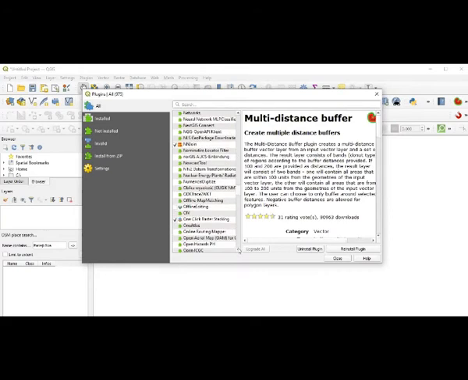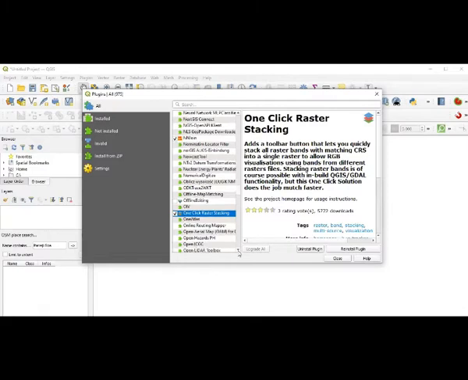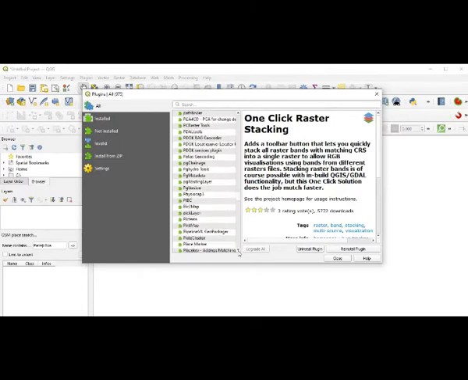These are what will be supporting sub-software for going ahead with your QGIS activities. So NNJoin is there, that is nearest neighbor analysis. For that purpose, I have used it. Then One Click Raster Stacking is there. There are actually the latest and well-developed plugins there, which you are supposed to go ahead with depending on your objective.